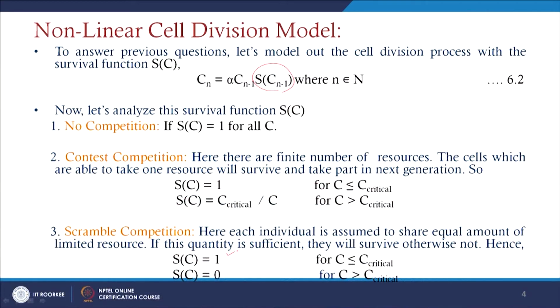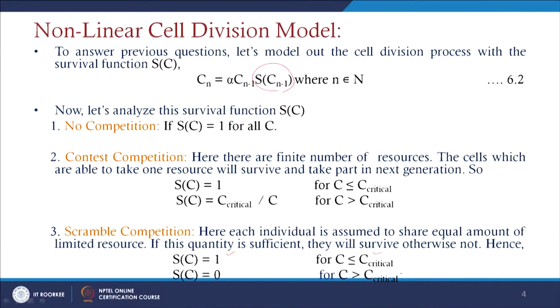So, finally, if they have no food then they will die out. Hence, we can just consider S(C) equals 1 for C less than or equal to C critical, the same condition assumed for the earlier case. But in that case, after the resources of food run out, the cells fight with each other to get food and survive, whereas here there is no option, they will just directly die out. So, that is why for C greater than C critical the cells will die.